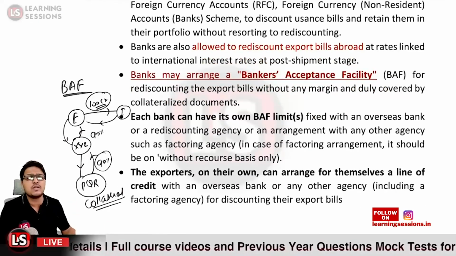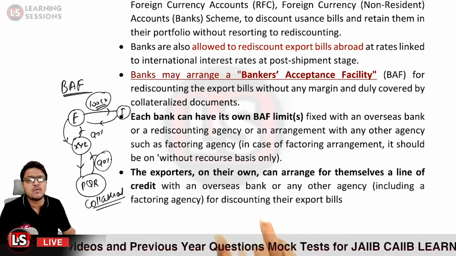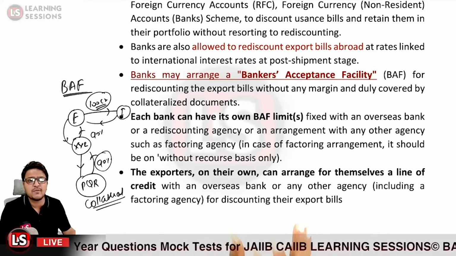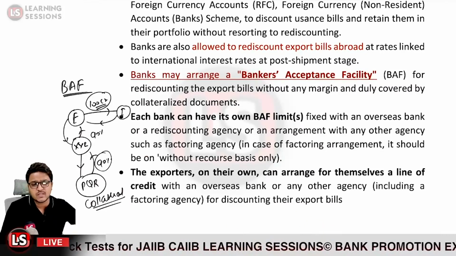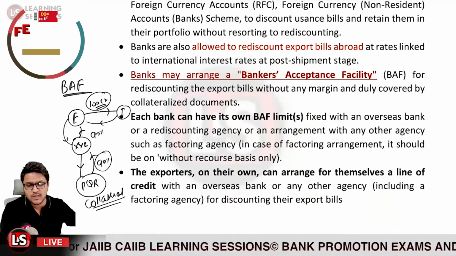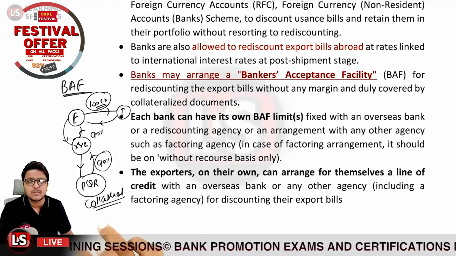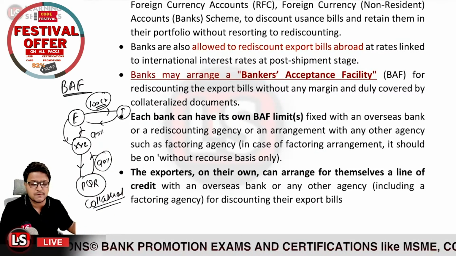The exporters on their own can arrange for themselves a line of credit with an overseas bank. So they can also arrange for themselves a line of credit with an overseas bank or any other agency for discounting of their export bills. It may be the case that the exporter has visited the domestic bank and the bank then arranged for the banker acceptance facility. But it may also be the case